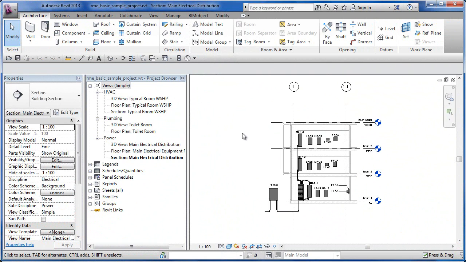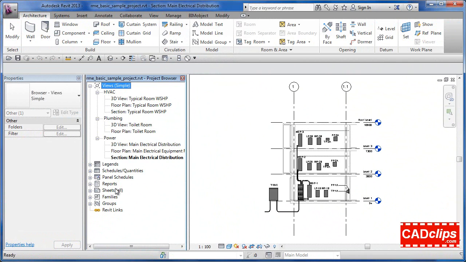There's a good little lesson. So we're back on track. We've got our section view here, and this is really the nerve center of how we move around our project,